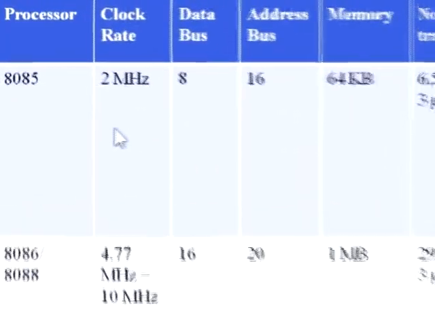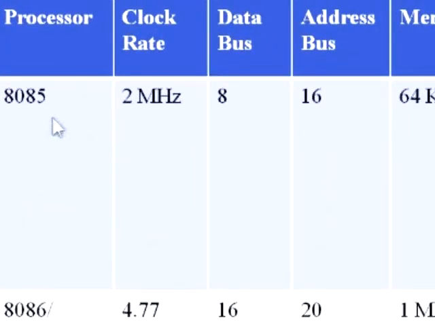If we take the 8085, the operating frequency varies from 2 MHz to 3.6 MHz. That means it will generate 2 into 10 to the power of 6 T states per second. In order to execute one instruction in the case of 8085, it requires 4 T states. So we can compute how many instructions can be executed per second. People are trying to increase the clock rate because we want more speed.